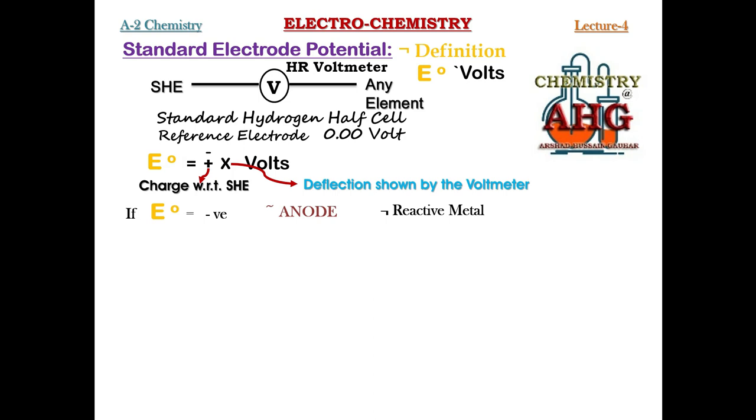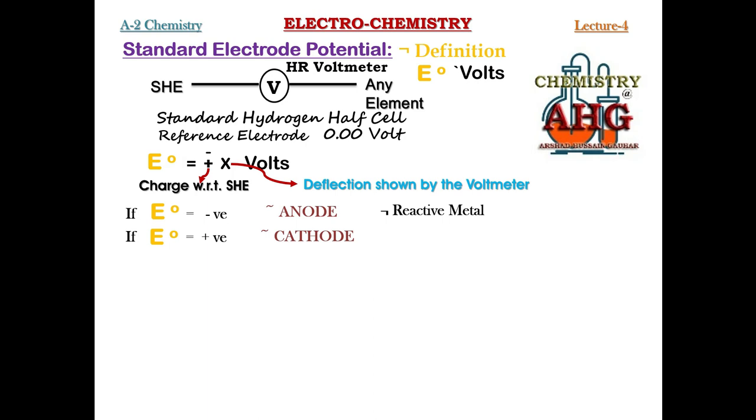Compared to this, if ever you see the standard electrode potential value for an element positive, what does that mean? Now you can guess easily, that element would have become the cathode. Why would that element have become the cathode? Because it would undergo reduction compared to the standard hydrogen half cell. Now this is the feature of which type of element can become the cathode relative to hydrogen.